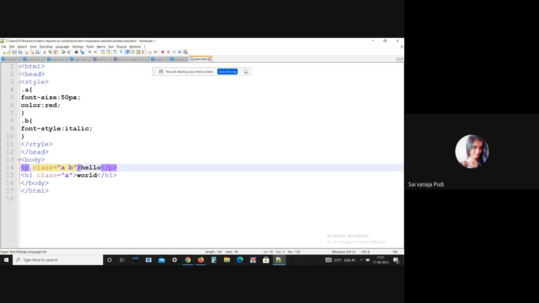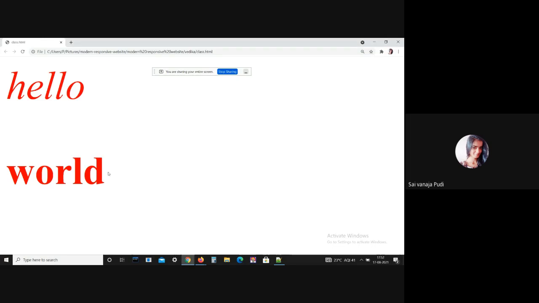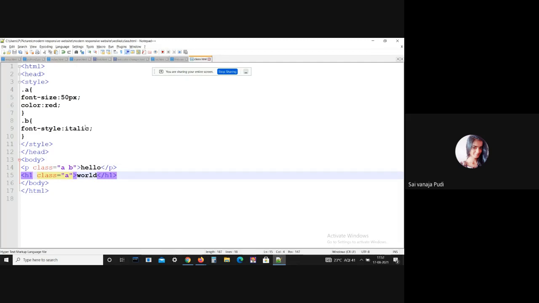One tag is P and another tag is H1. This is the best example for the same class with different tags. The CSS properties in the A class are applied to both tags, P and H1.